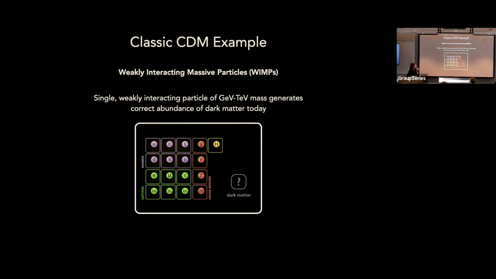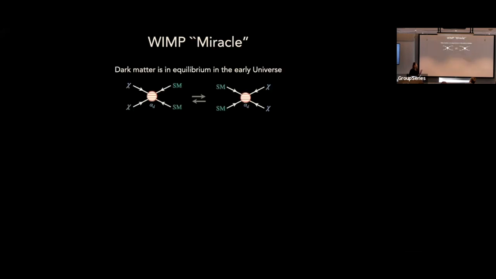The reason why this has been such a popular model is really because it works cosmologically. And so oftentimes people refer to it as the WIMP miracle. The miracle comes from the fact that these simple assumptions end up giving you an abundance for your dark matter that matches the abundance of dark matter that we get from the CMB. So the WIMP miracle is as follows. You assume in the very early universe, the dark matter is in equilibrium with the standard model. So you have these interactions where two dark matter particles annihilate into the standard model, and then the back reaction occurs as well.